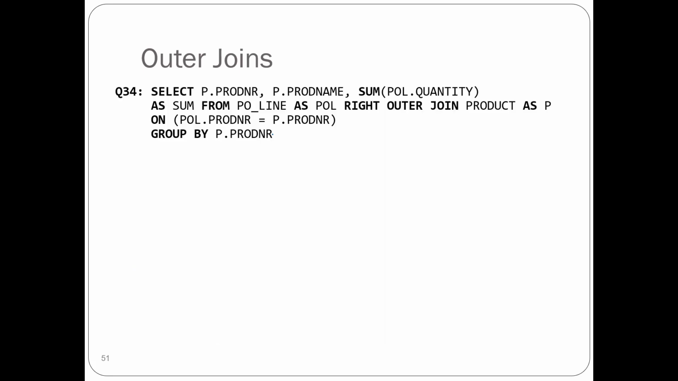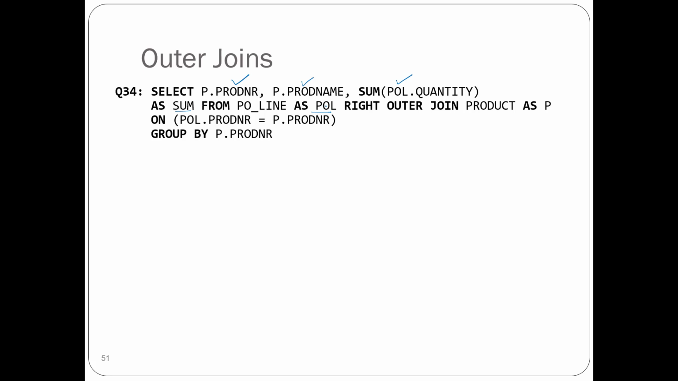You saw the left outer join, right outer join is just similar. In the right outer join we will keep all the tuples from the right table. If we don't have the matching rows from the left table, then we'll leave those as null. So how do we write that? Here we go. The example is: select P.prod_nr, P.prod_name, sum of POL.quantity as sum, we are giving it a name, from PO line as POL